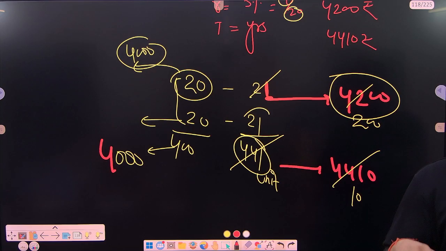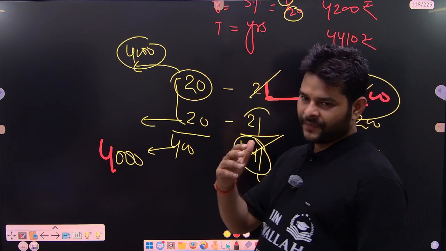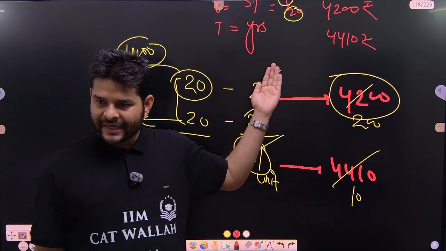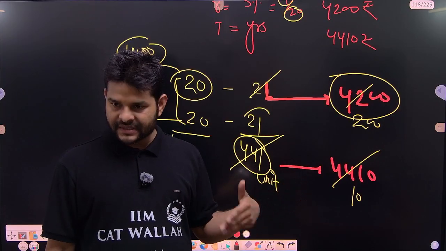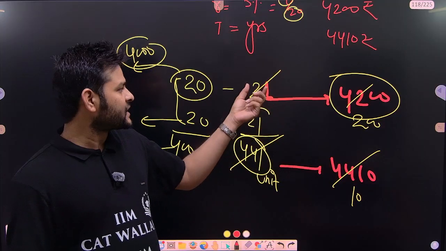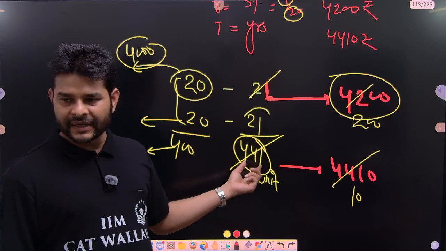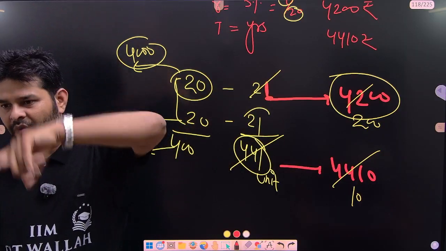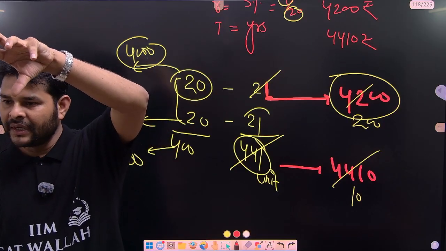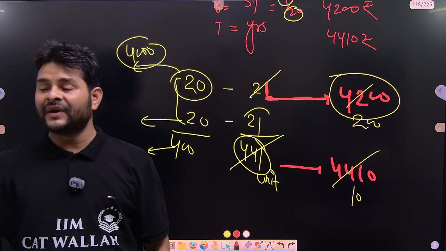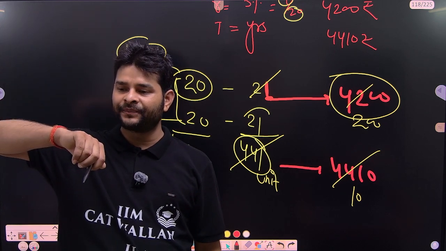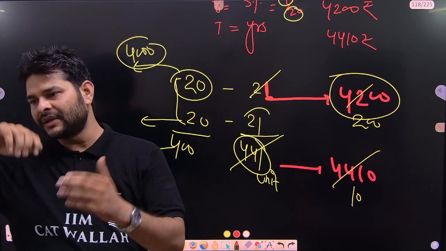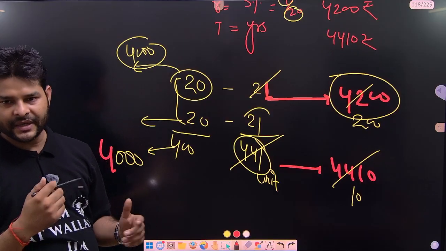Got it? Now we will check the variation of installments. Some variation questions we will discuss. Now the variation would be that all the installments are equal. First installment is 21, second installment is 441. Now the question may say all the installments are equal, so we need to make the installments equal. In the third type, the question may say the first installment is 1/3 of the third, and the first installment is half of the second. So now these are the variations. We will discuss the variations.